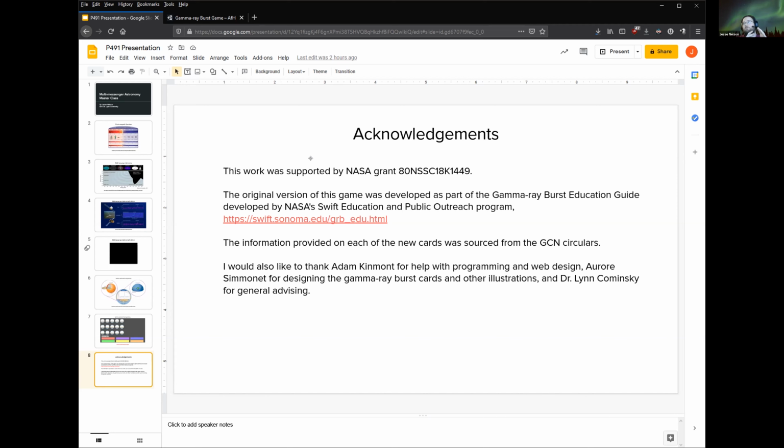This was the gamma ray burst sorting game, and there was going to be another one, like build your own light curve. There's another student who's taking over that portion of it. And future students may also be able to pick up from there, getting this into the hands of students, researching how they are interacting with it and improving upon it.